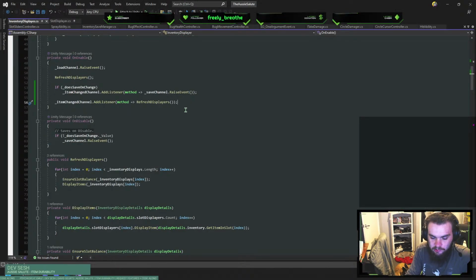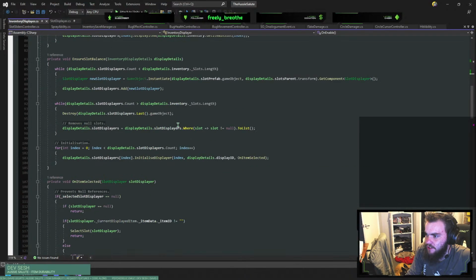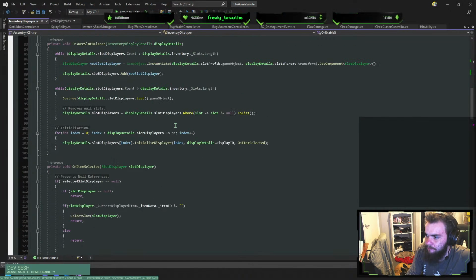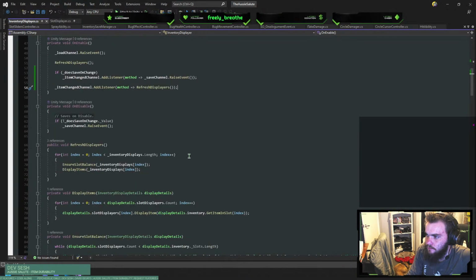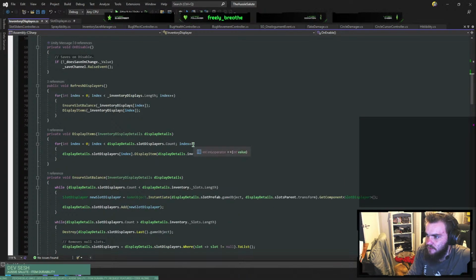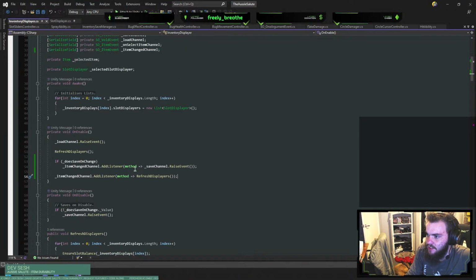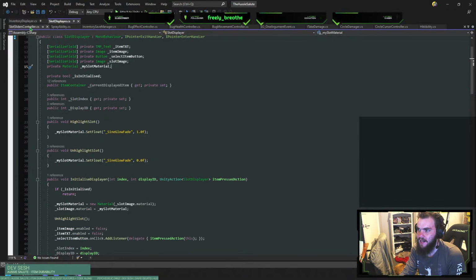Alright, that's good. Now it's going to refresh the displayers every time it needs to, and it's going to save the items every time if player has ensured that that ability is set. Nice. So let's item change channel to add this and refresh displayers. Very nice. So now,